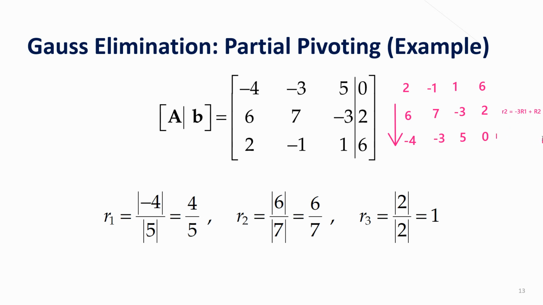And then here also row 3 will be equal to 2 multiplied by row 1 plus the previous row 3. Okay, you do this process like what we have,